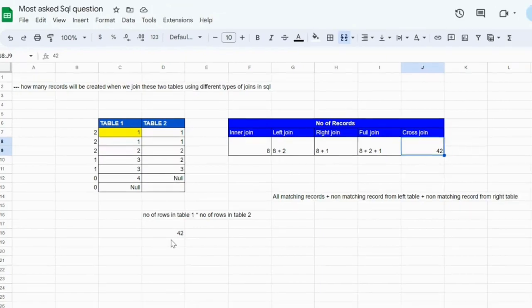So guys, this is all about the joins, and this question is asked in many SQL rounds, in many analytical rounds. So please